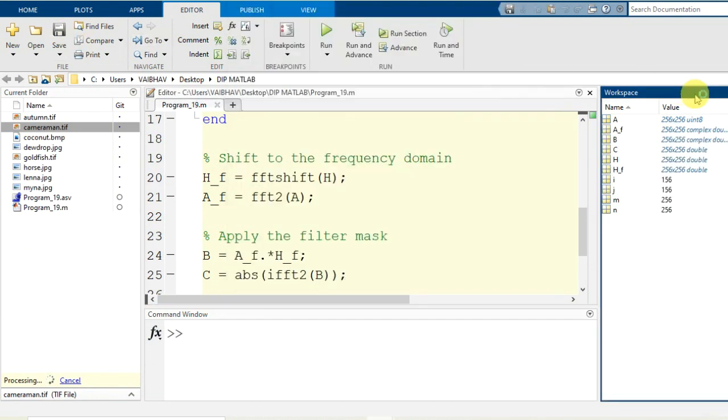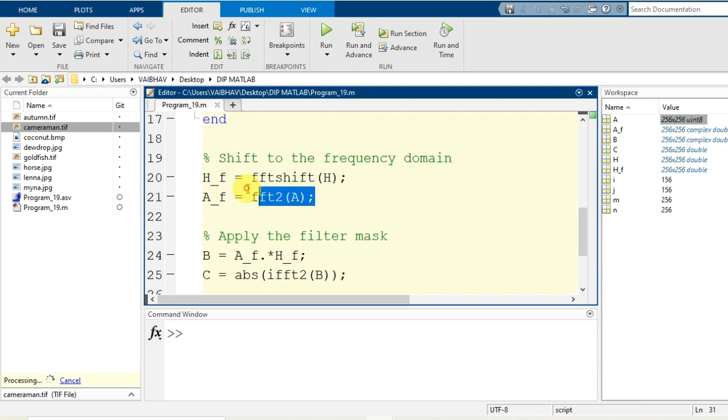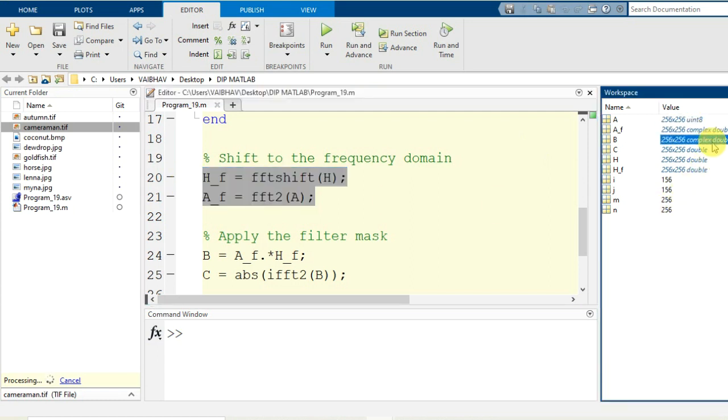So here in the workspace you check, initially we had only one variable, and now the image information in the frequency domain is stored in this variable. So you can check the data type here. While we have the image information in the spatial domain, that it was uint8 data type here, while we shift the information to the frequency domain, because of all this programming here, we have the complex double representation for the intermediate variables here.